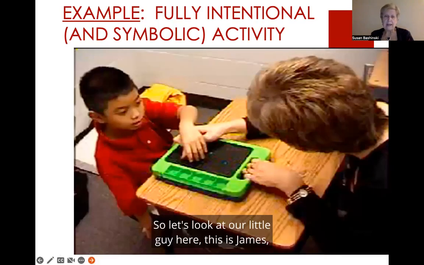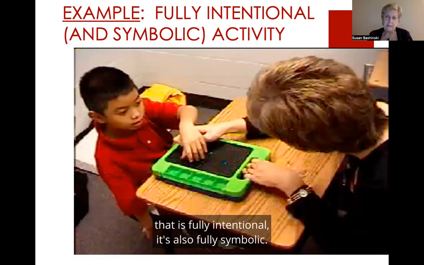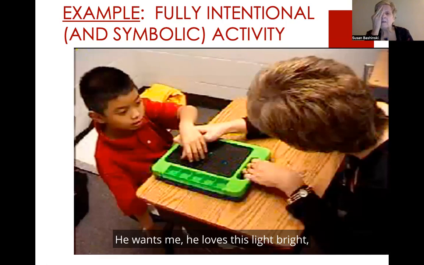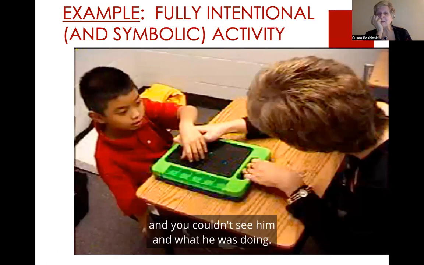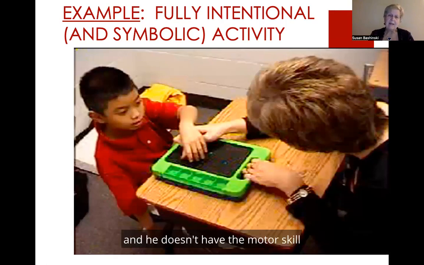So let's look at our little guy here. This is James, and it's an example of an activity that is fully intentional. It's also fully symbolic. He loves this Lite-Brite, and it doesn't show up really well, but I tried to film it in the dark room so that the lights would show up better and you couldn't see him and what he was doing. And it's more important to see him, because he loves the Lite-Brite and he could see it. And he doesn't have the motor skill to put the little lights into the holes. So he needs me to help,